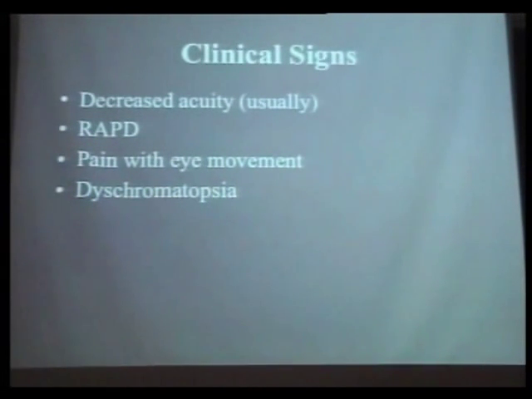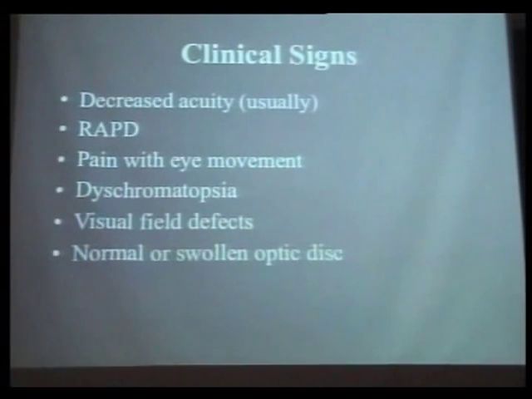I like to check color vision, and I don't really care what you use to check color vision, whether you use the HRR plates, the Ishihara plates, or red comparison, but in optic neuritis, decrease in color or desaturation is almost always present. And of course, visual field defects are present as well, and we'll talk about those a little bit later in the cases we're going to present. And the optic nerve, when you look at it in acute optic neuritis, is either normal or swollen. And it's normal 2/3 of the time. So 2/3 of optic neuritis is retrobulbar optic neuritis, whereas 1/3 is papillitis.